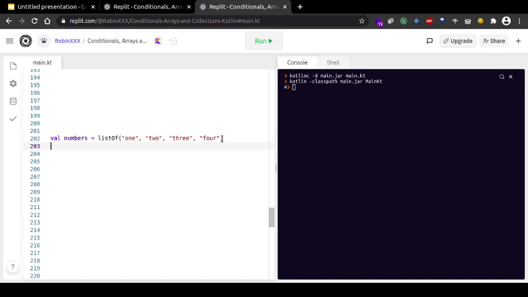But you can also see that if you print numbers,